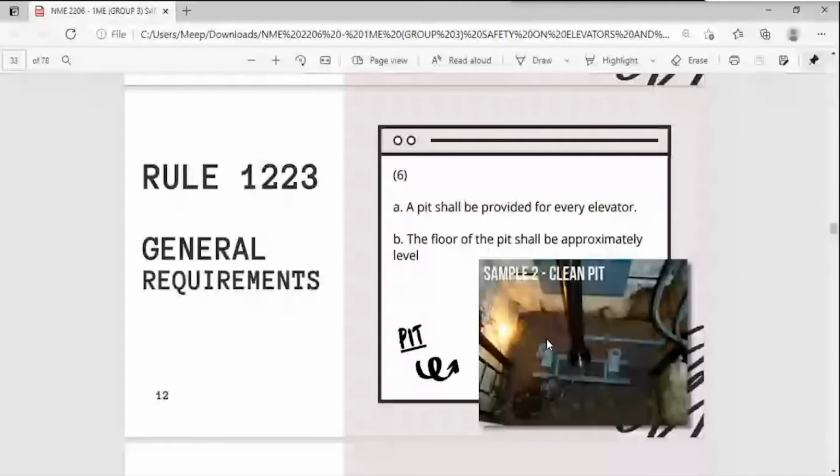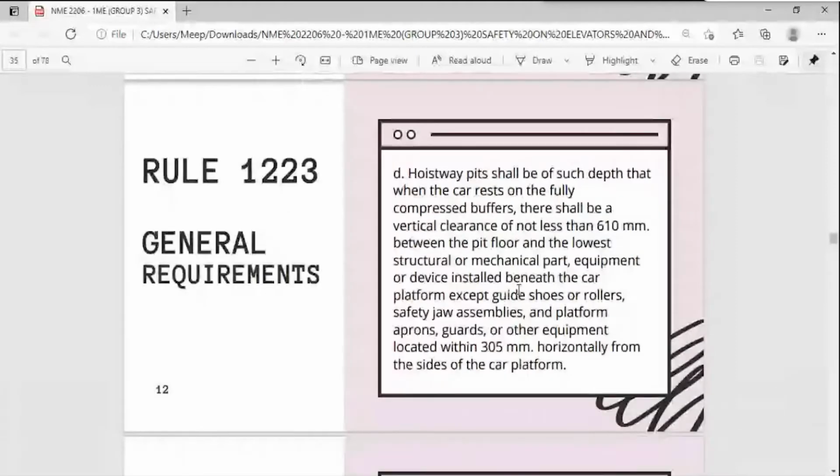Hoistway pits shall be of such depth that when the car rests on the fully compressed buffers, there shall be a vertical clearance of not less than 610 millimeters between the pit floor and the lowest structural or mechanical part, equipment, or device installed beneath the car platform, except guide shoes or rollers, safety jaw assemblies, and platform aprons, guards, or other equipment located within 305 millimeters horizontally from the side of the car platform. Kumbaga po, palagi pong may nakadistansya or may nakasukat po na not less than 610 millimeters